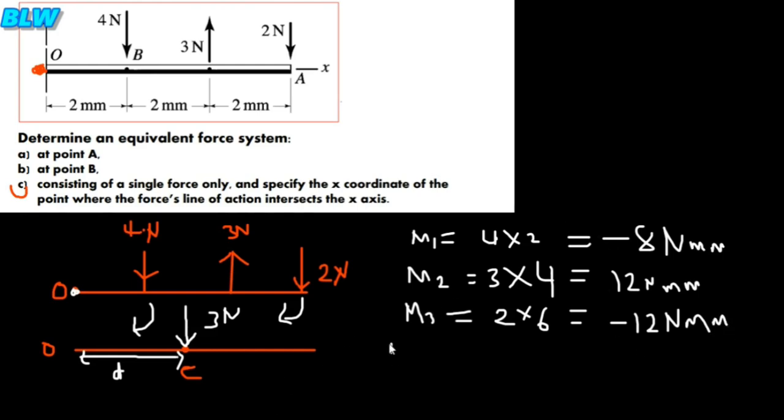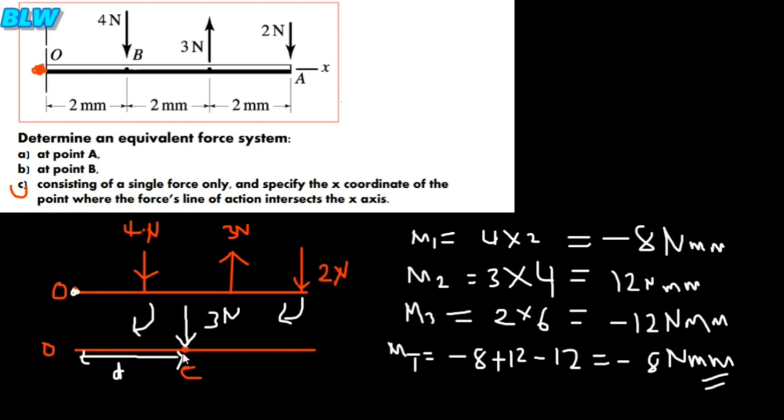So MT will be equal to what? Minus 8 plus 12 minus 12, which will be equal to minus 8 Newton millimeter. Okay, so what do we do now? So we know that